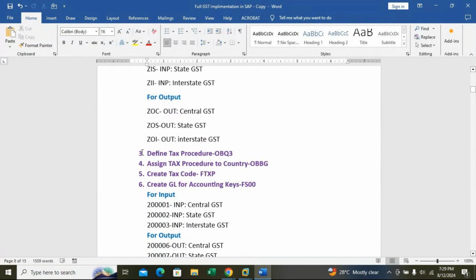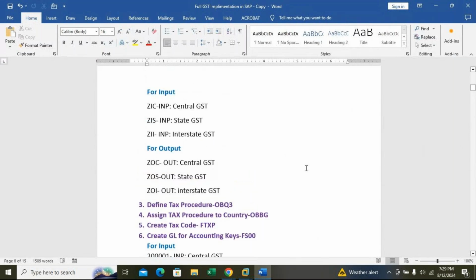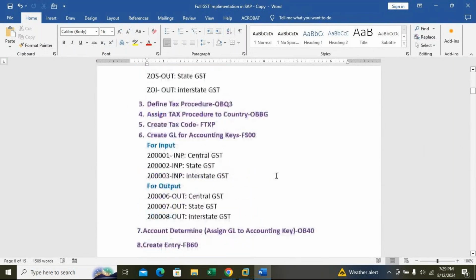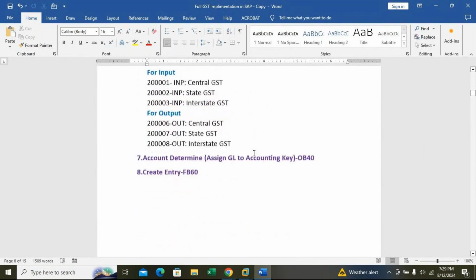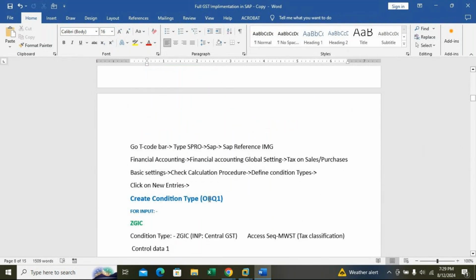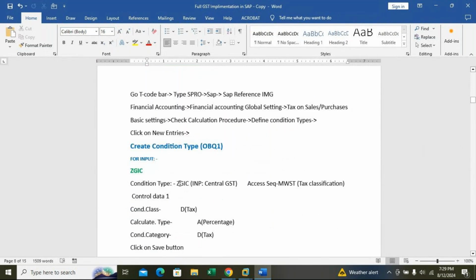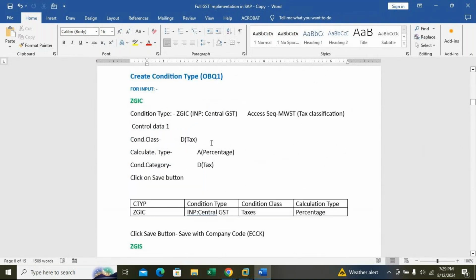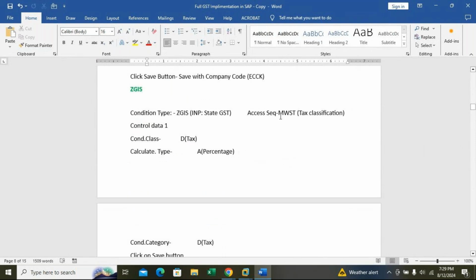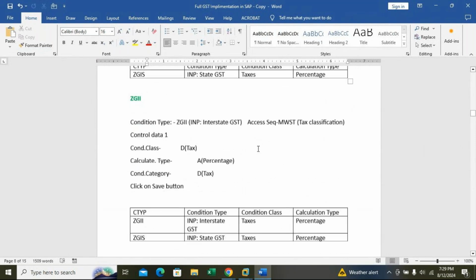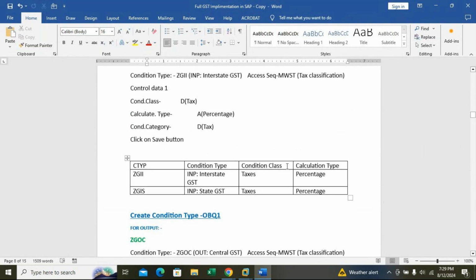Define tax procedure, assign accounts for conditions. I will make little changes on this and send it by tomorrow morning, not in the evening, because the tax codes I have used are different. I have created M range, so I'll check in the software and change it. This notes definitely I'll send you by tomorrow morning.